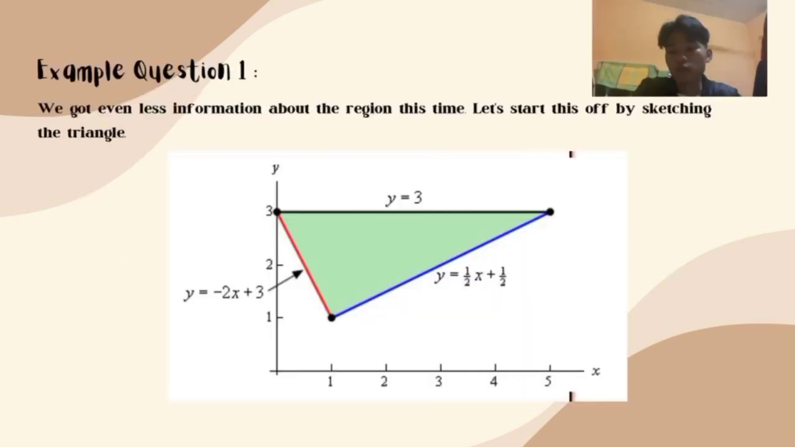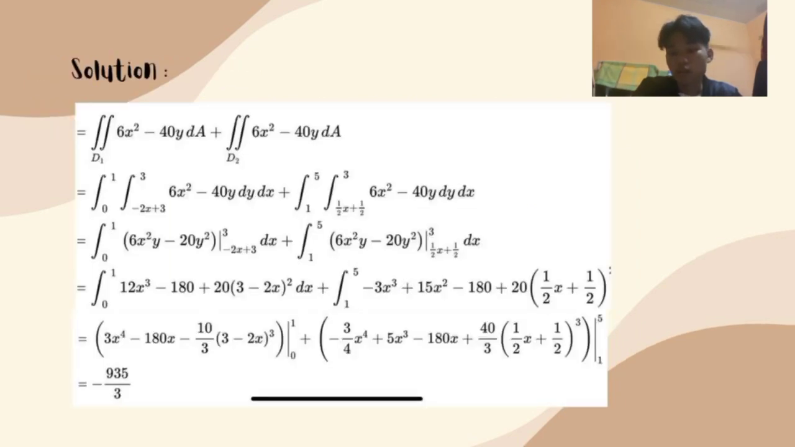For question 1, we got even less information about the region this time. Let's start this off by sketching the triangle. So this is the triangle given. For the solution,